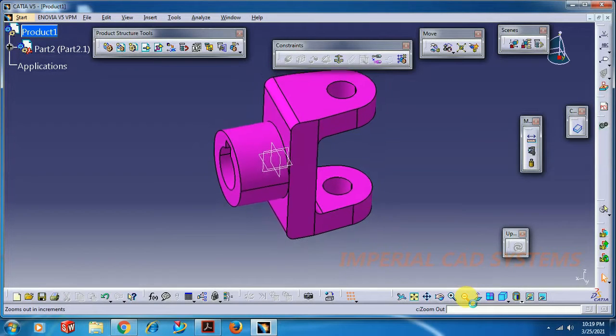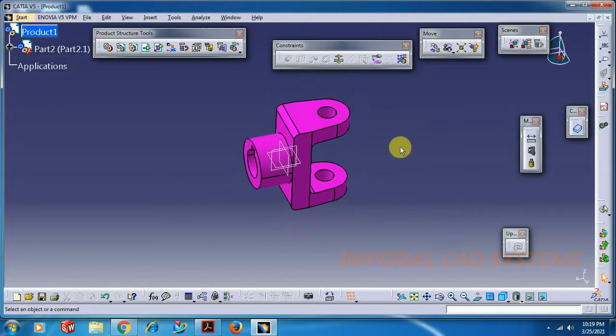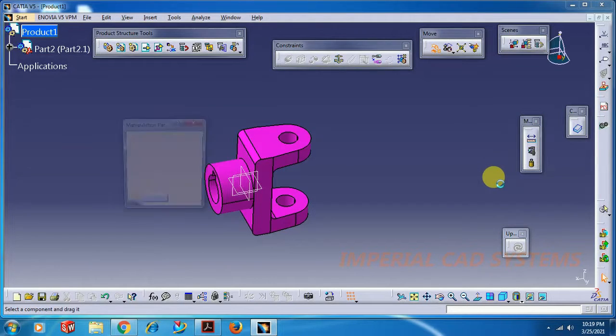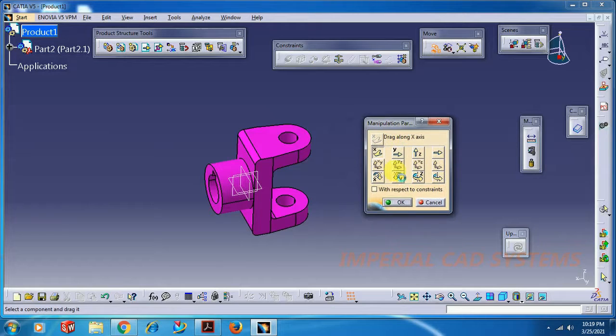We need to arrest all degrees of freedom for the first part. To check the movements for a part, to check degrees of freedom, use command manipulation. Keep always this option checked on.